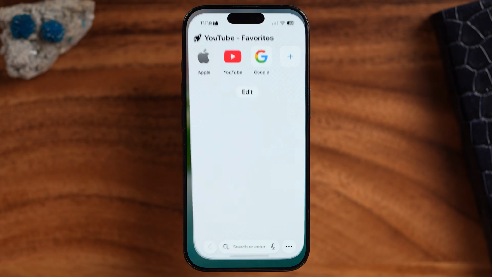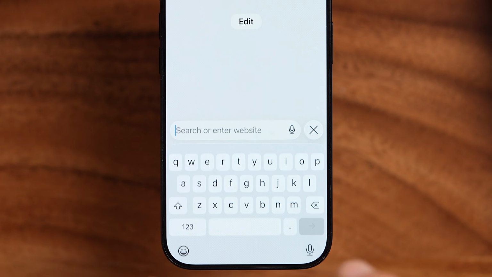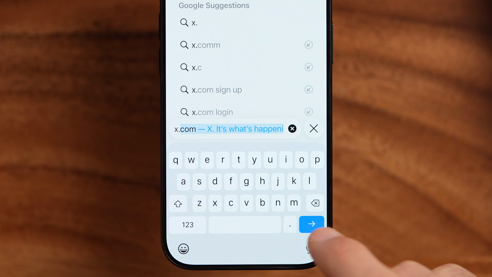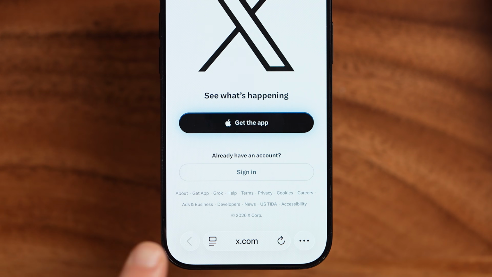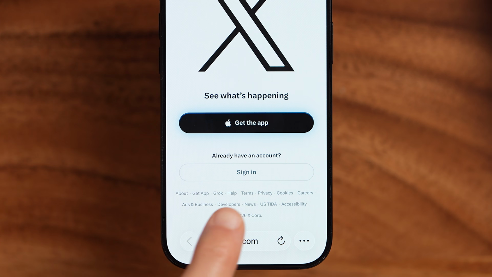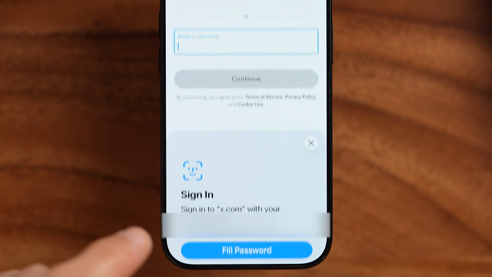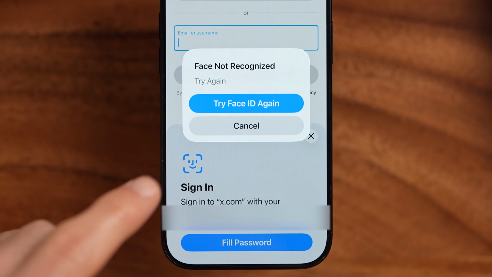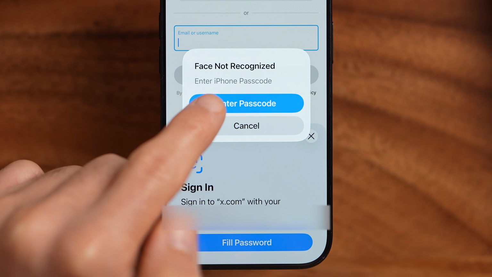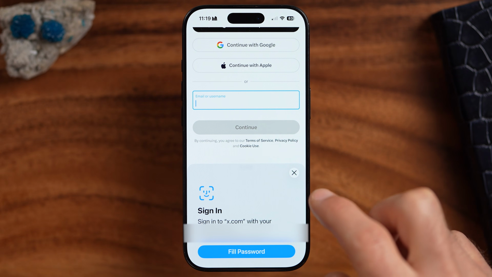We need to open up a web browser. And from that web browser, we're going to go to x.com. And from here, make sure to not get the app or open in the app, but just tap on sign in. Now I'm going to sign into my X/Twitter account here real quick, and I'll show you where to change